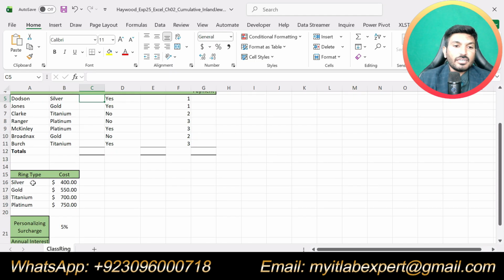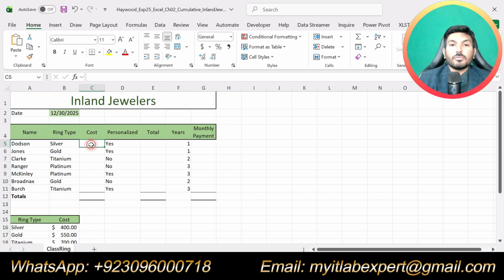Okay, and these ring type costs are given here in this table. Like for silver, ring cost is 400, for gold 550, for titanium 700, for platinum 750.